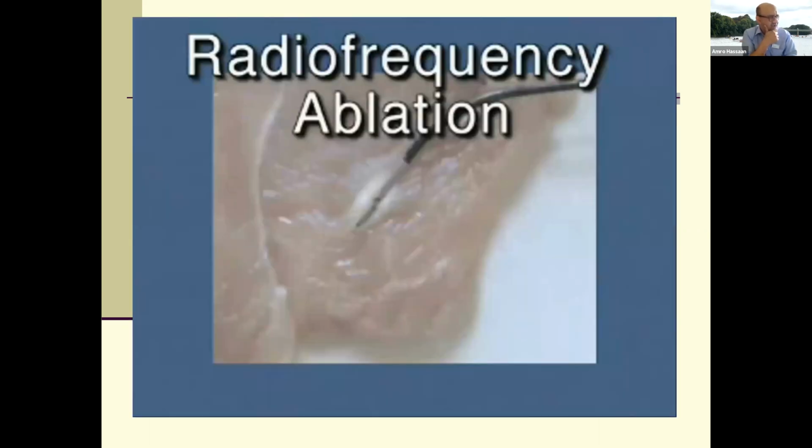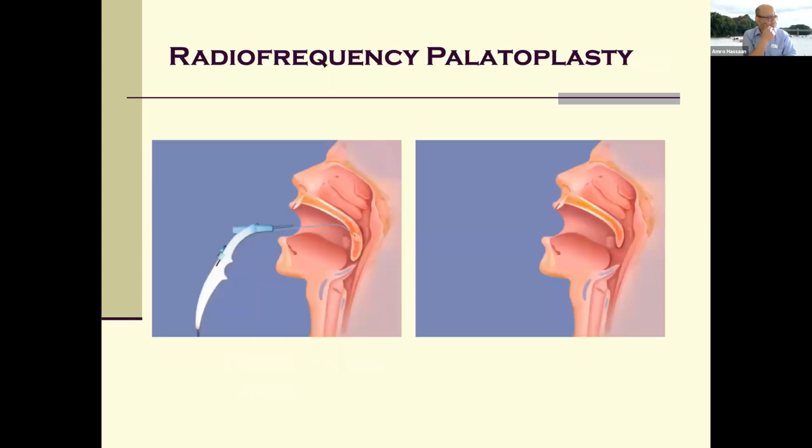What it does is heat up the tissues to about 60 or 70 degrees, which isn't a full burn, but denaturation. So you can see the probe. This is on a piece of chicken, and you can see the lesion developing around the center of the probe. It's a form of bipolar. You can put it in the soft palate, making the soft palate shrink up. So here it is, a nice long soft palate, shrunken.